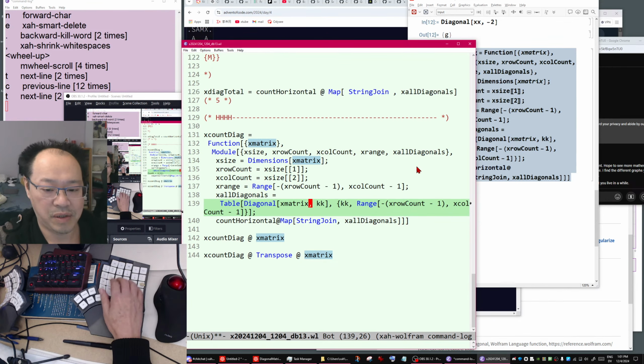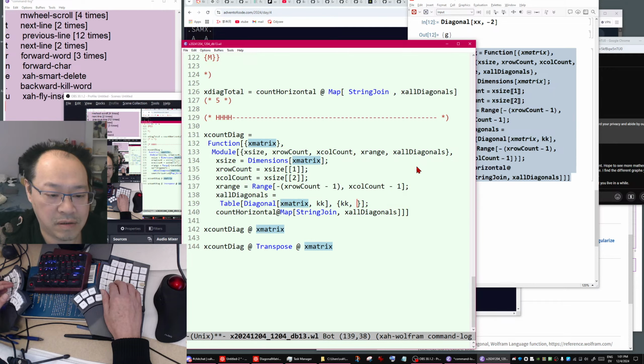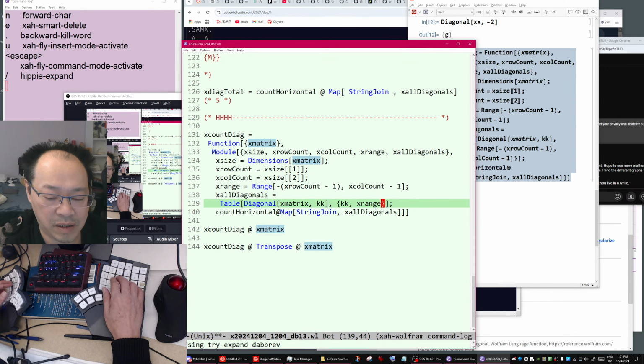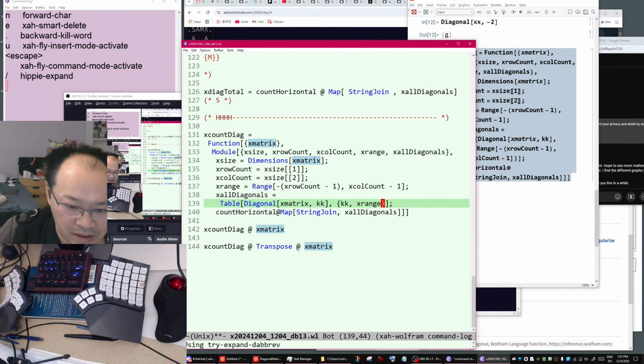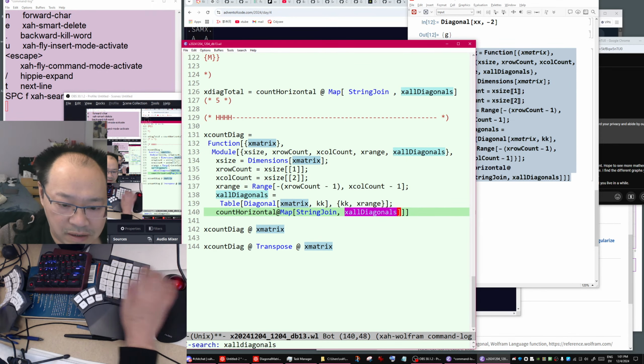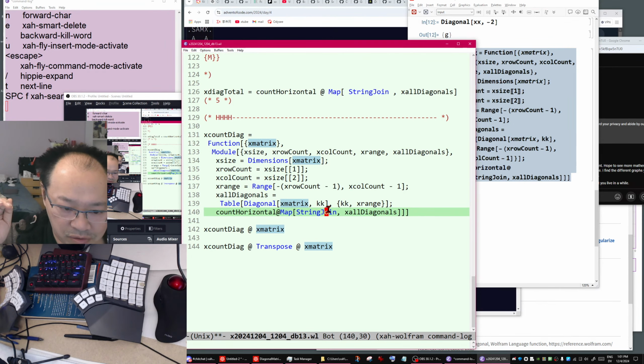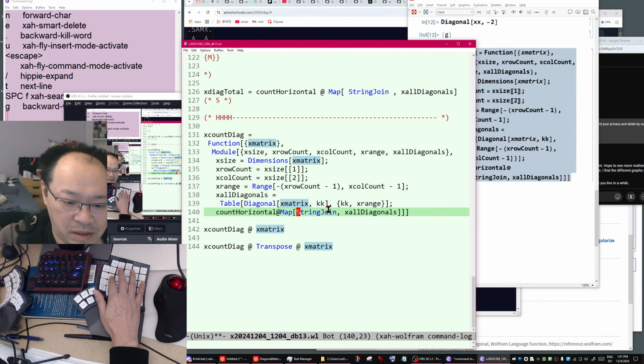This is repeated, so this is just x range. Okay, then you got all the diagonals, then you just count horizontal, pass the value all diagonals, turn them into string, turn each row into a string, then you count.